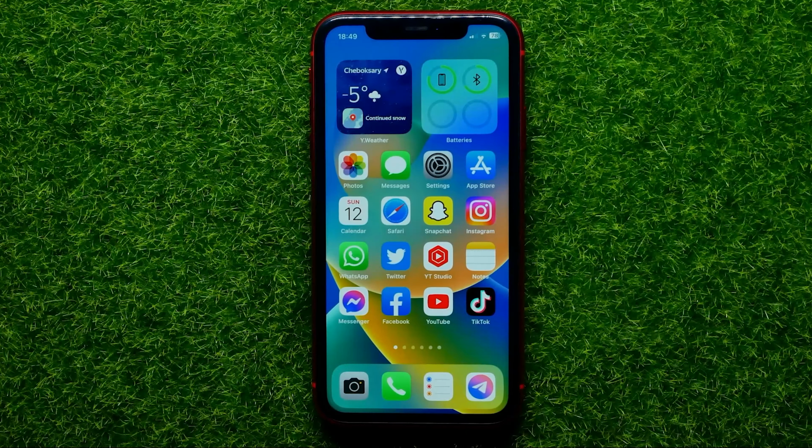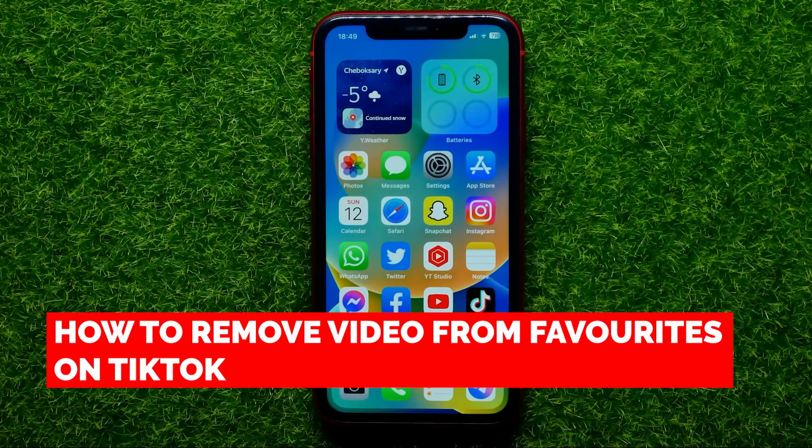Hello guys, welcome back. In this video I'm going to show you how you can easily remove video from favorites